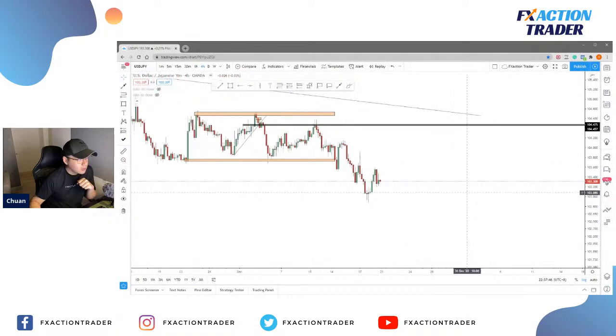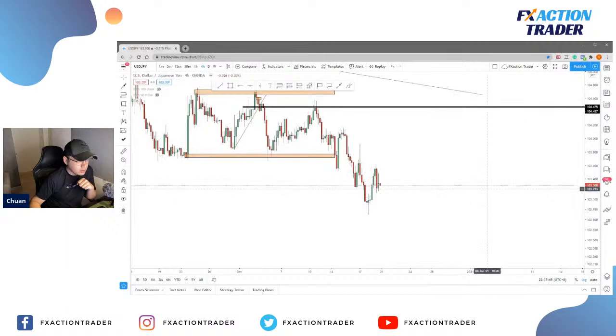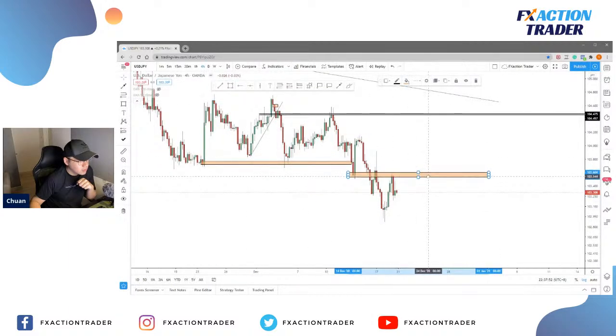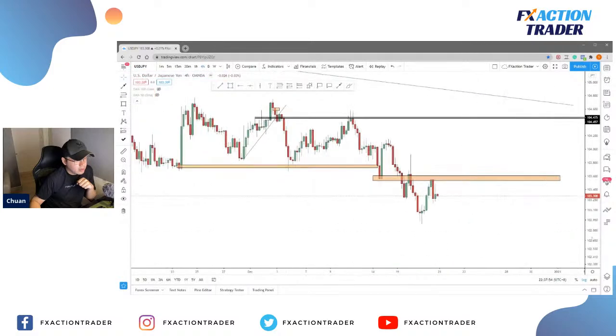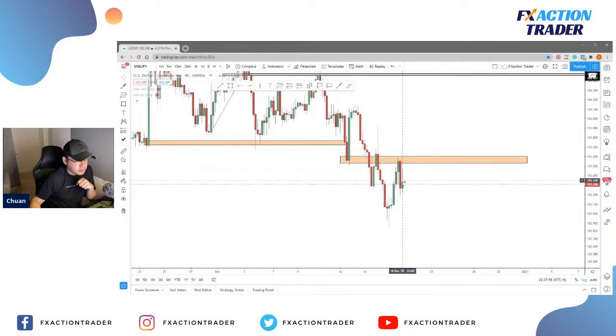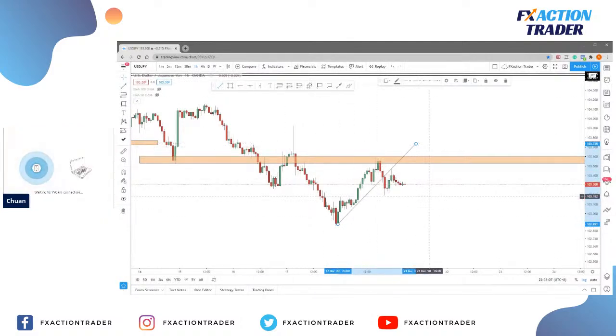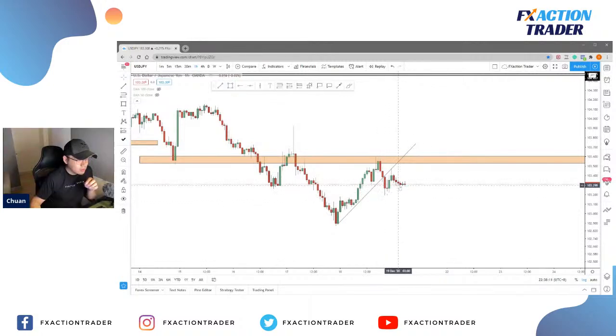Okay, dollar yen, very obviously a downtrend. We have a bearish engulfing on H4, rejecting at this key level. This is a sign of trend continuation. Also on the H1 time frame, we can see that market has broken this trend line. So you can go for a short trade